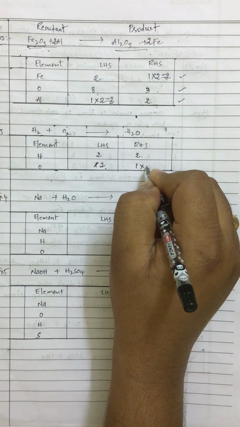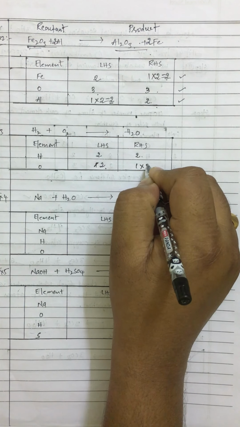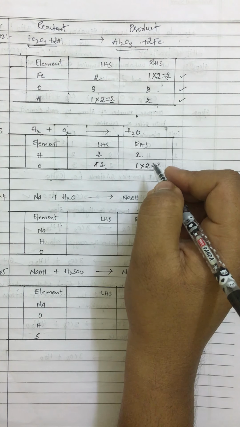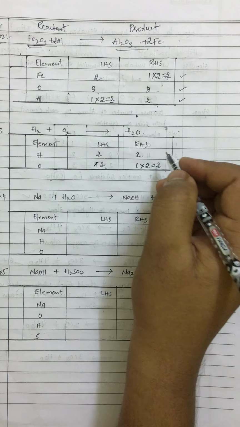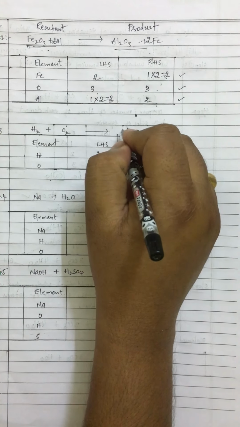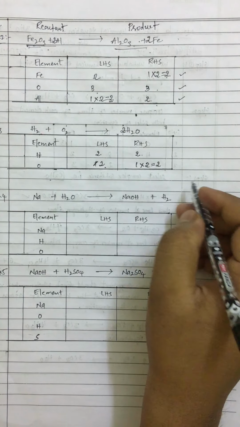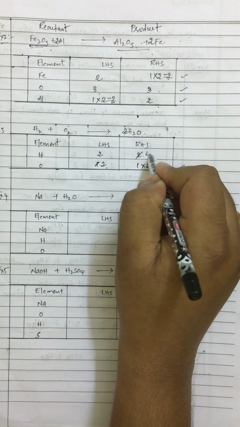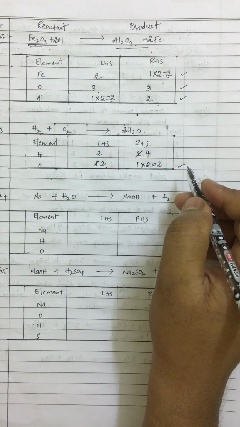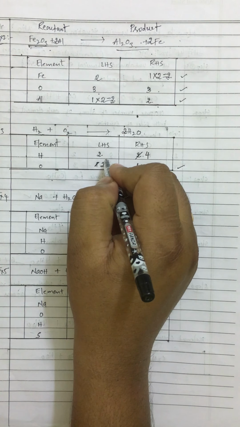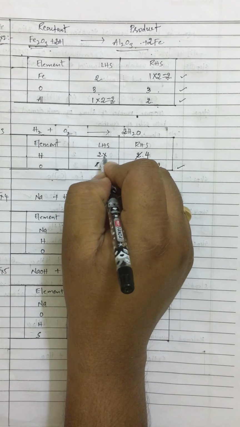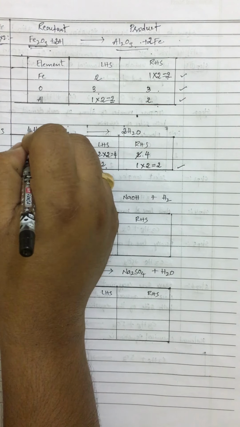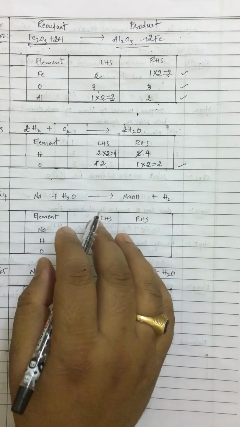So what do we need to do? We need to multiply with a suitable number, which brings the number of atoms the same on both sides of the equation. So we need to add this 2 before H2O. Very good. The number of oxygen atoms is balanced, but this makes the number of hydrogens 4 on the right hand side, but we have 2 on the left hand side. So again we need to multiply with a suitable number, 2, which will bring 4. So add 2 before H2. So this is our balanced equation.